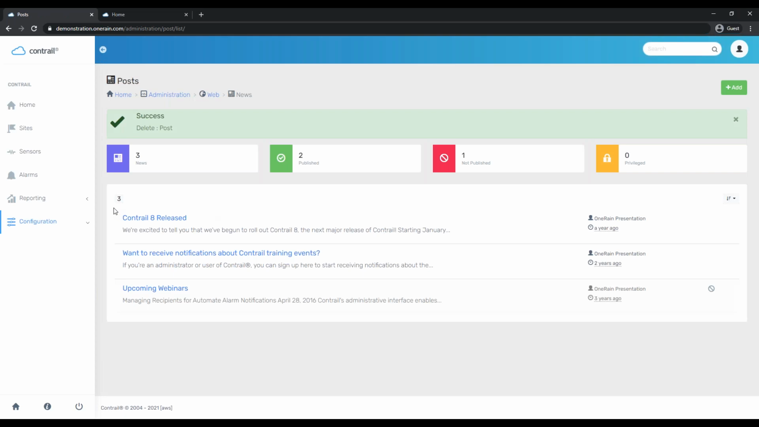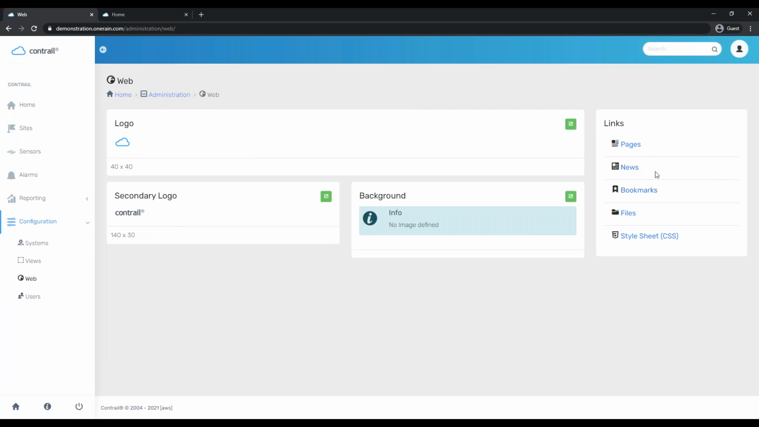As a side note, all deletes in Contrail are permanent. We don't have an undo delete button, so please make sure that when you are deleting content, whether that be data, news posts, images, anything with the delete button, make sure that you actually truly want that gone, because it won't come back once it's gone. Great. So news, we can also do administration for the shared bookmarks that will show up on the user side,